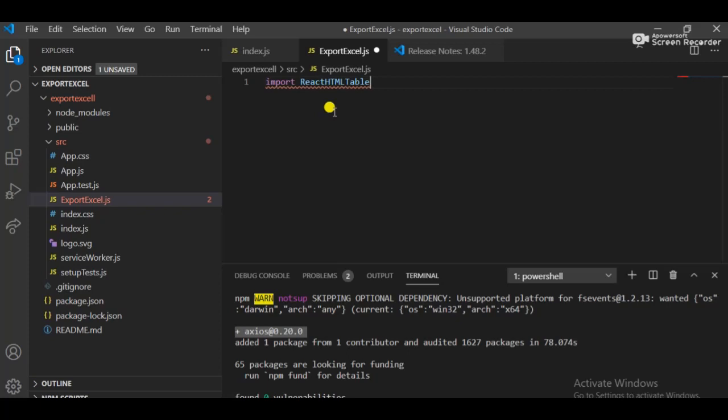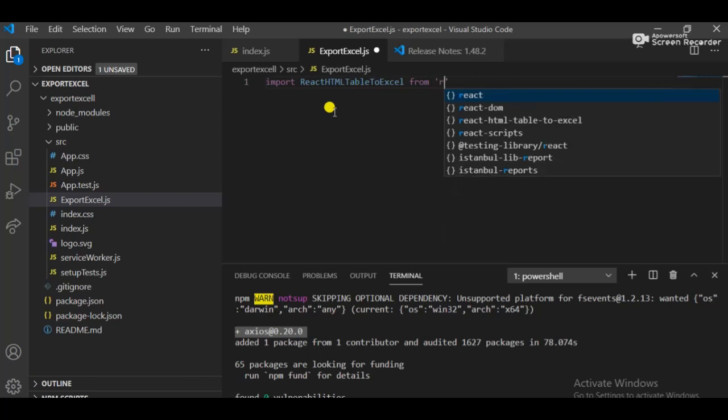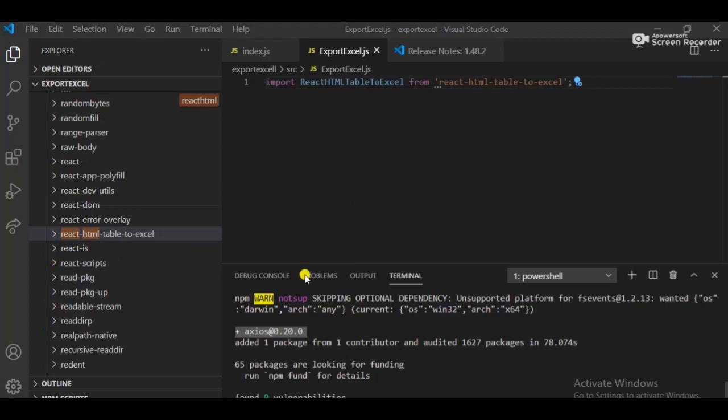So I made it React HTML table to Excel, and just need to add an import statement for React. Now you are making a React component, so you just need to import React and create a component from the React component.